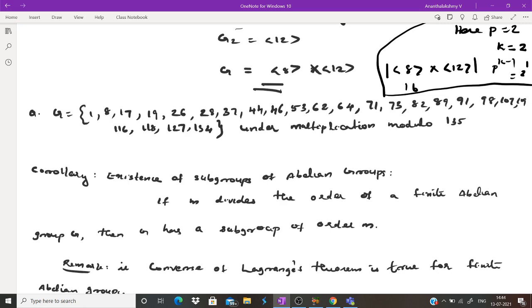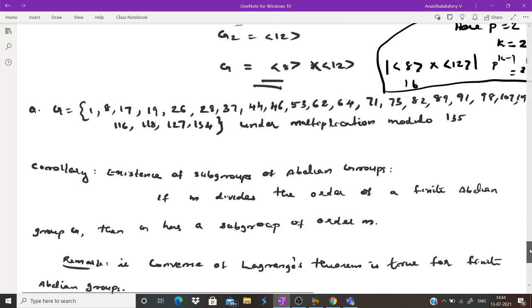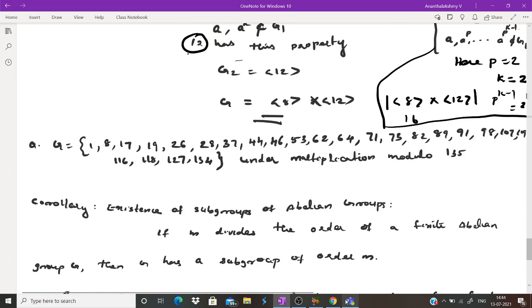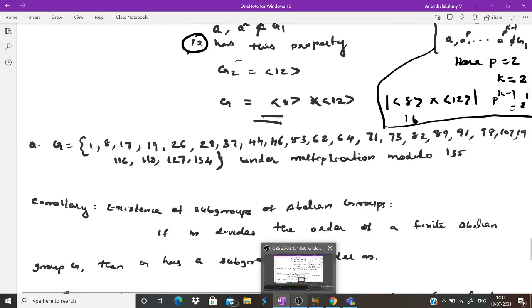This is true for cyclic groups. This is also true for finite abelian groups, because by the fundamental theorem of abelian groups, G is isomorphic to a direct product of cyclic groups. Okay. So that's it for